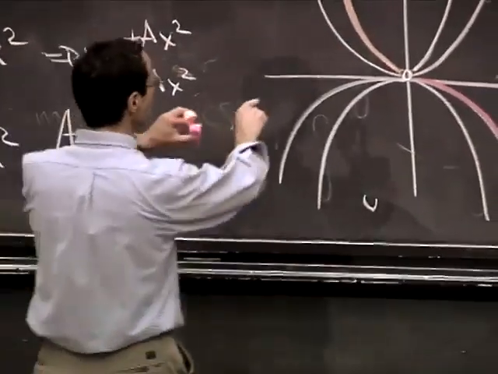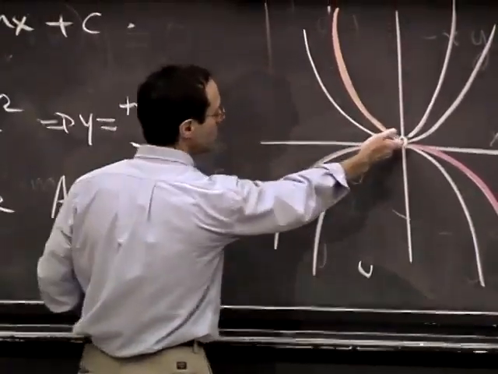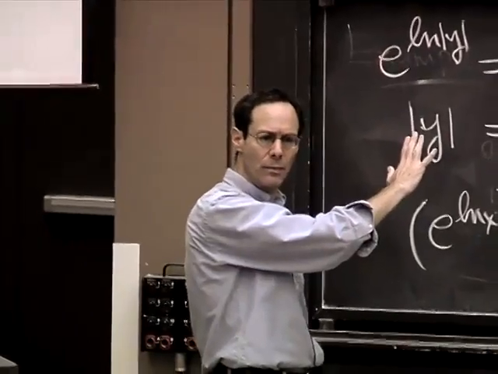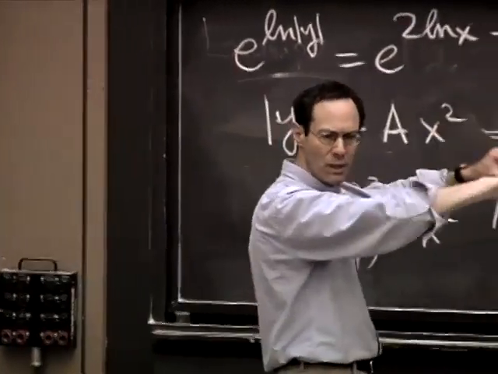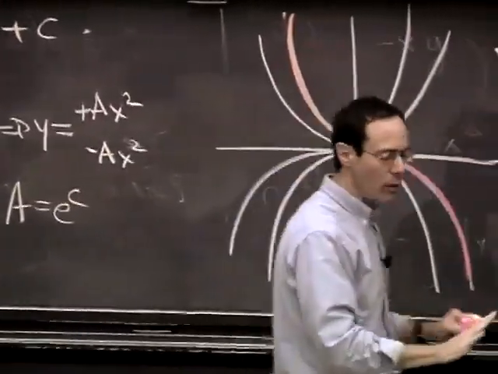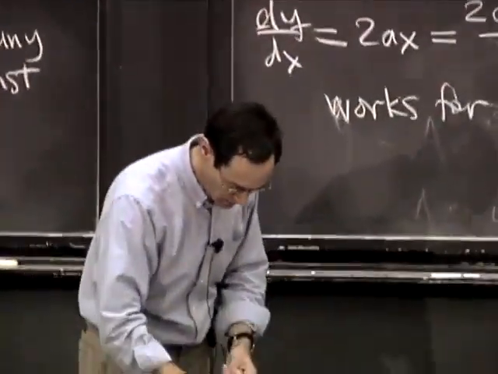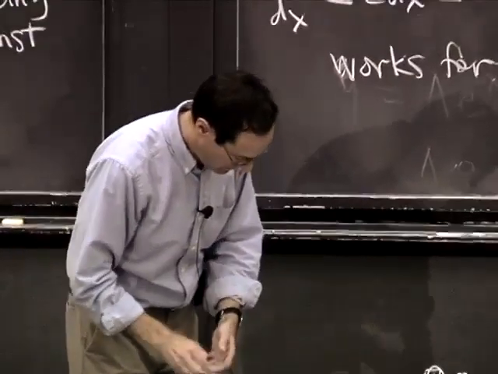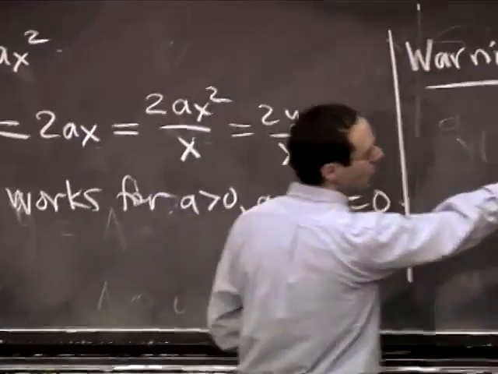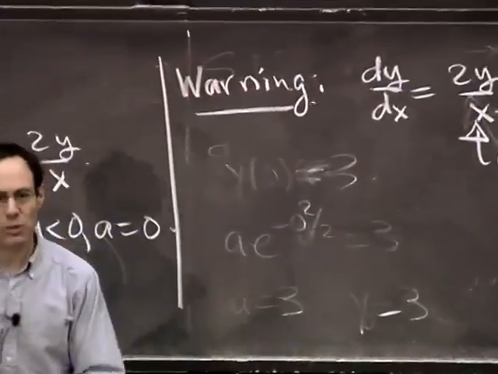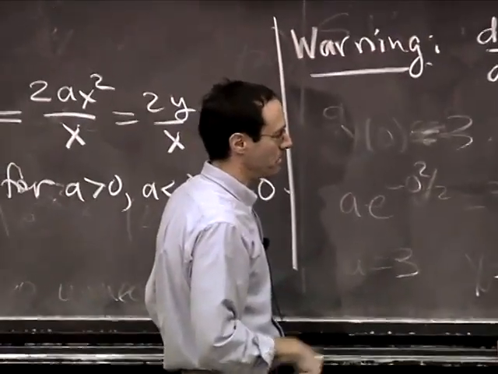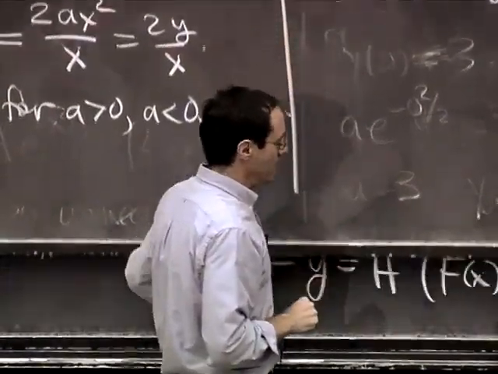So you should really be thinking of these things as rays emanating from the origin. The origin was a special point in the whole geometric problem, rather than as being complete parabolas. That's a very subtle point. I don't expect you to be able to say anything about it, but I just want to warn you that it really is true that when x is equal to 0, there's a problem for this function, for this differential equation. All right, so now,